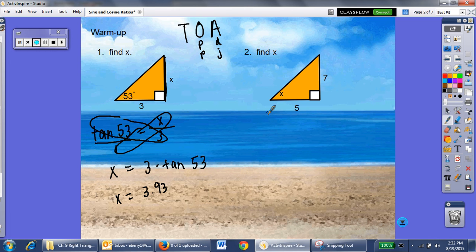Okay, looking at number 2, this time it says to find x, and I can tell that x is an angle measure. So the tangent of x equals, so opposite is 7, adjacent is 5. So remember yesterday, anytime we need to find the angle measure, we're using the inverse function. So we need to click second on the calculator and find the inverse function for tangent. So I'm showing my work by writing it here, so I click second tan, and then I type in the ratio 7 divided by 5, and that gives me